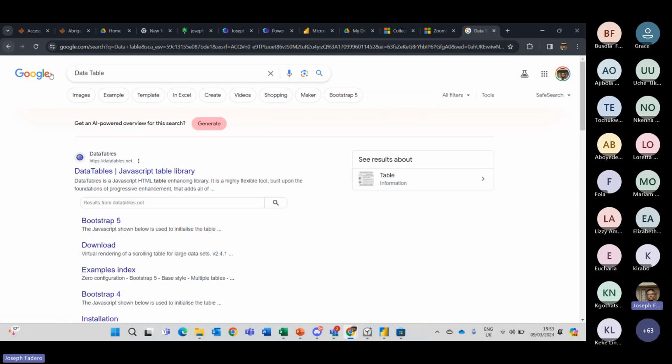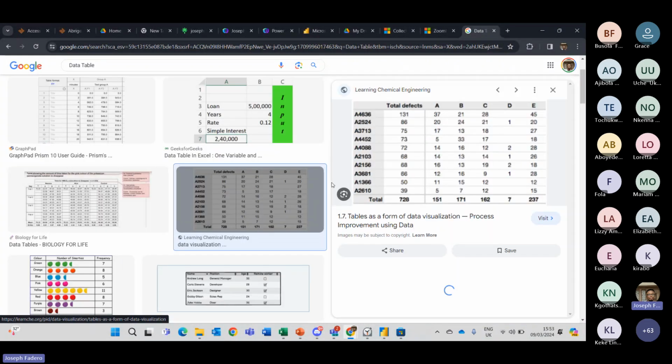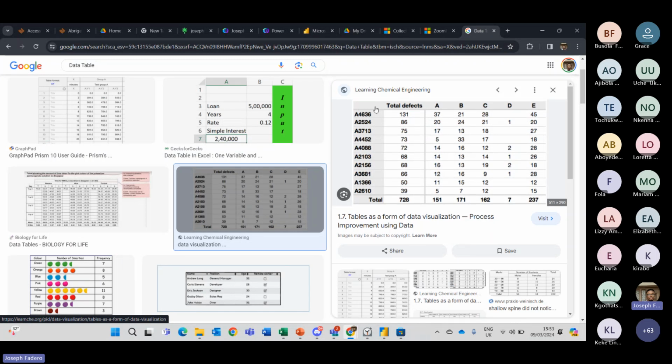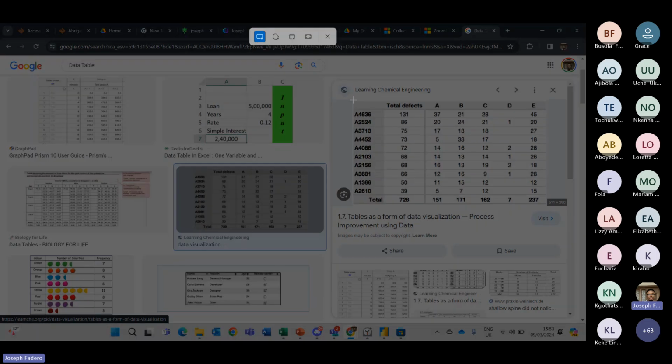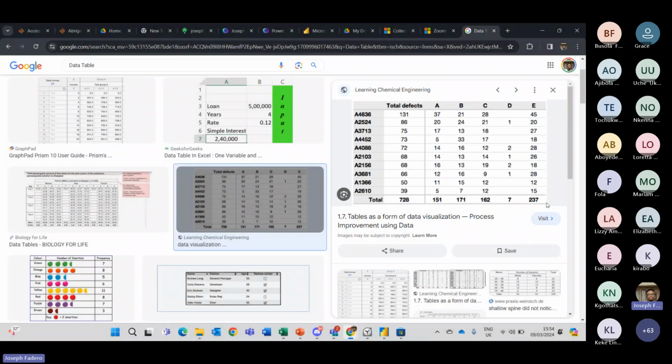So I can just come to this my images right here. Let's take this for example. I can just come to this image right here. I like what I see here. I can do Windows Shift S, take a screenshot of this data like this. That's with my screenshot tab.